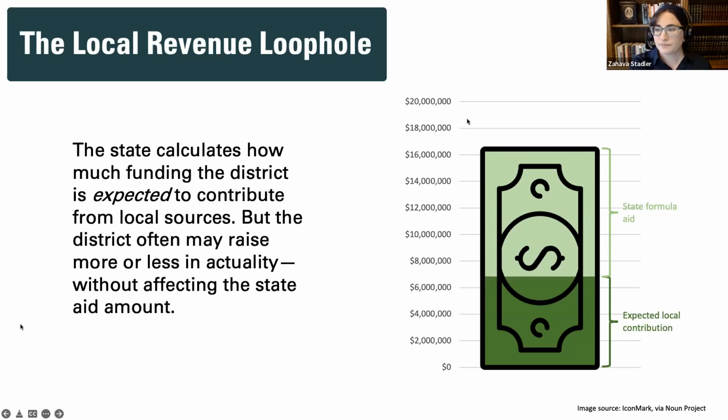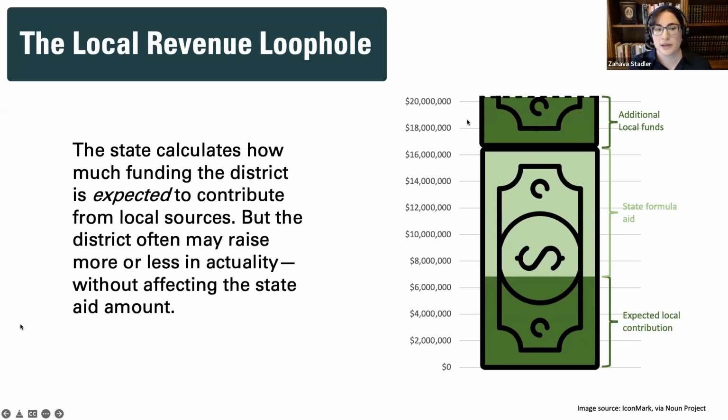More common is additional local funding. If the district is permitted to spend or raise more money than the local share and it chooses to do that, and this is the source actually of lots of funding inequities because wealthy districts have such an easy time raising more money relative to low wealth districts. And since all of this is over and above what the formula calls for, this isn't part of that whole equalization rebalancing thing. It's treated as icing on the cake.